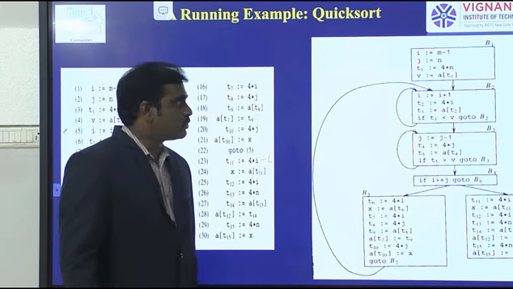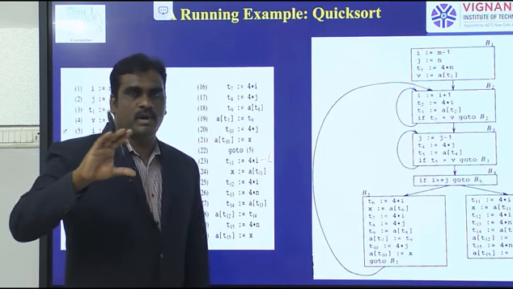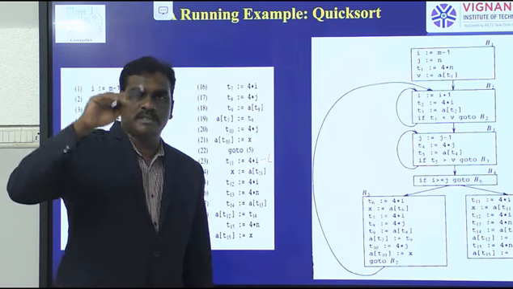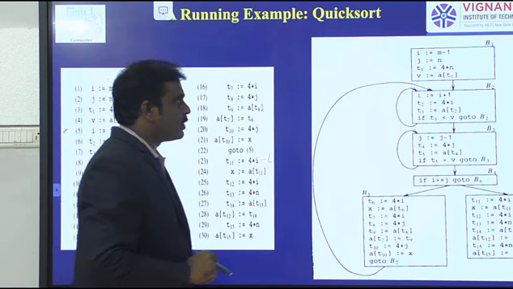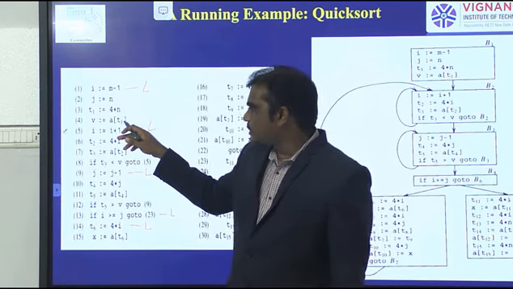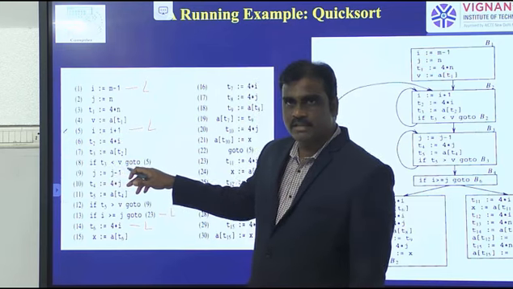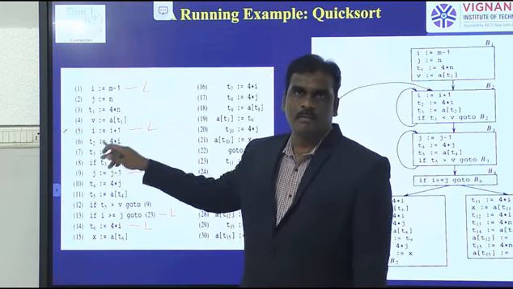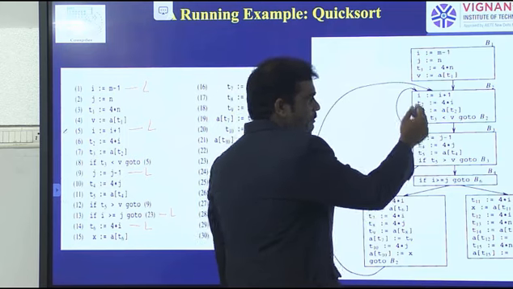Next one is the graph. Graph means each block represents one node, and we draw the graph by using the flow of the program. So here the flow of the program is, first block 1 executes and then block 2. The last statement of block 2 is if T3 less than V, go to 5. That means it is a loop. Again, block 2 is a loop, so you can give the loop. Block 2 is a self loop.